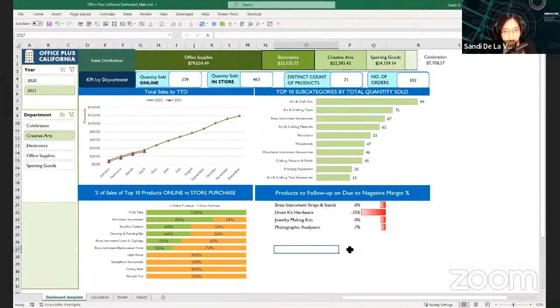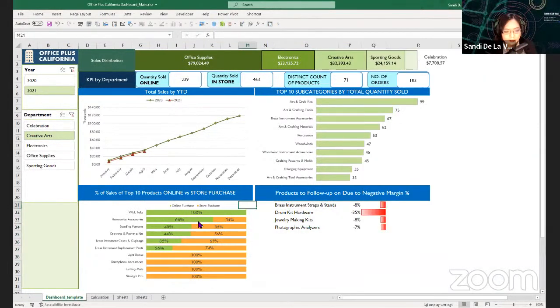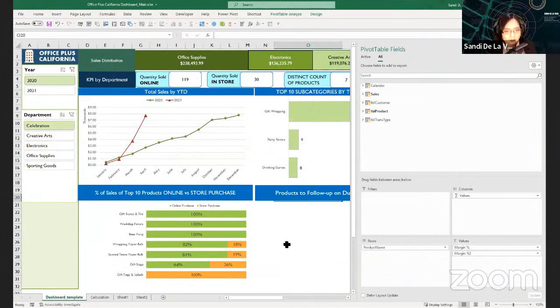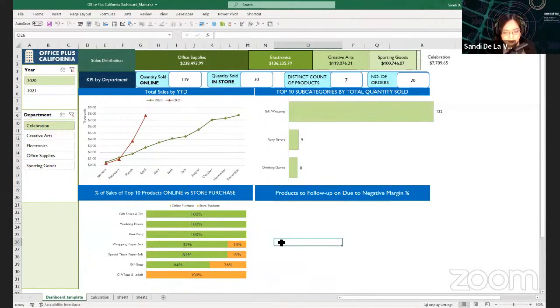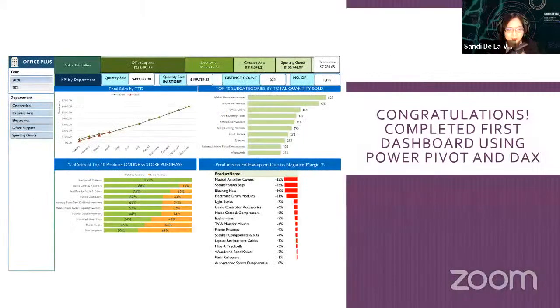For example, here, negative 35% for our drum kit hardware, and our top sales are going to store purchase based on 2021. But from 2020, possibly due to the pandemic, we have lots of online purchases from these departments. So there, you have created your very first dashboard using DAX and Power Pivot techniques.